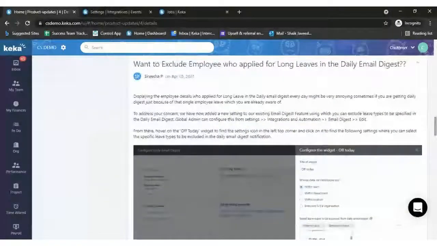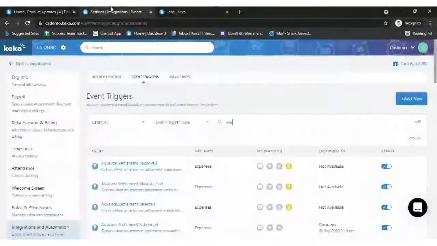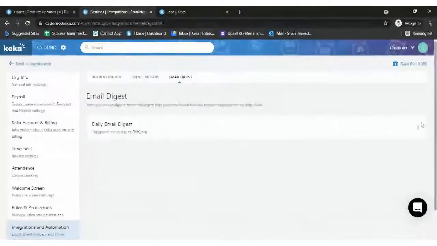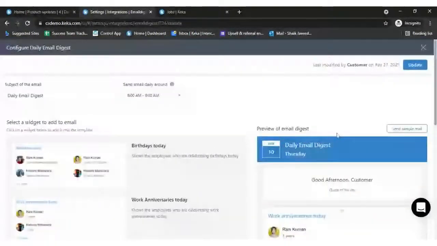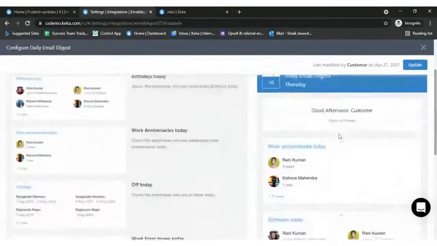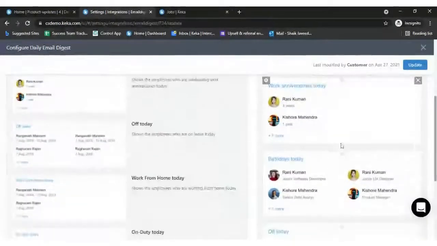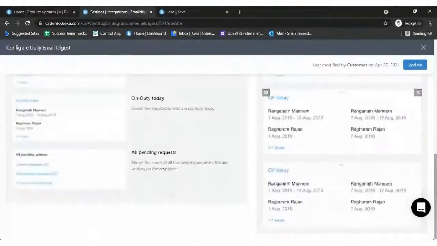Here you can manage when you want to trigger that email. You can click on settings.